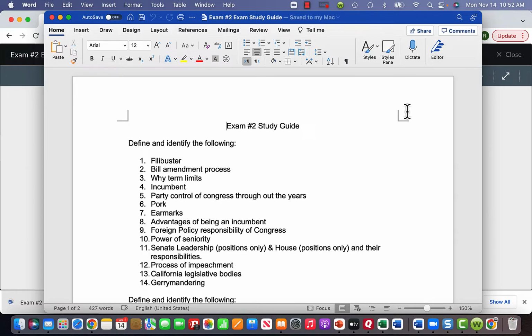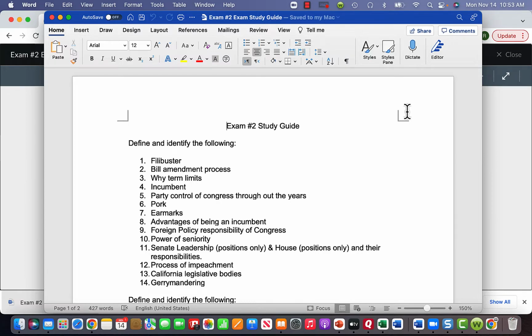Starting with the legislative branch, make sure you know what a filibuster is and how a filibuster is only in the Senate and how you need 60 votes to close debate. That's called cloture, and you invoke that when you want to try to end a filibuster or debate. Also, remember it's only 51 for a presidential